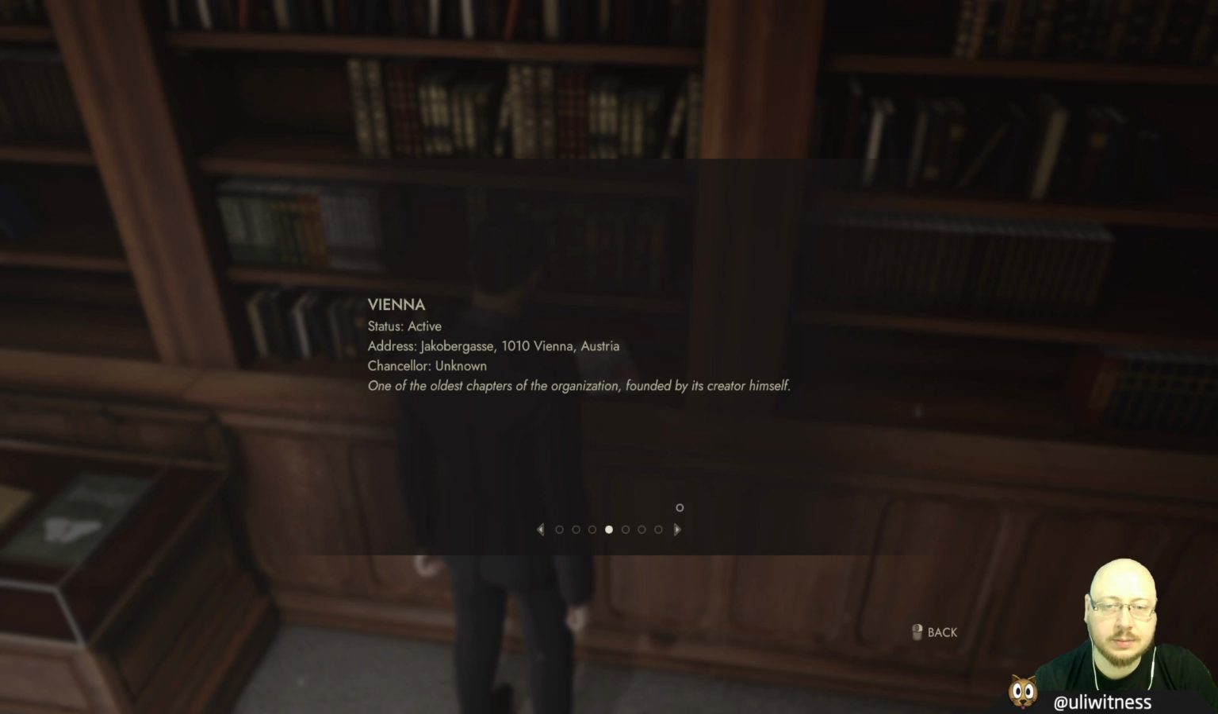Well, he had a house that burned as well. Vienna, status active, address Jakobergasse, 1010 Vienna, Austria. Chancellor unknown, one of the oldest chapters of the organization founded by its creator himself. New Delhi, status active, address Dr. Rajendra Prasad Road, New Delhi, Delhi